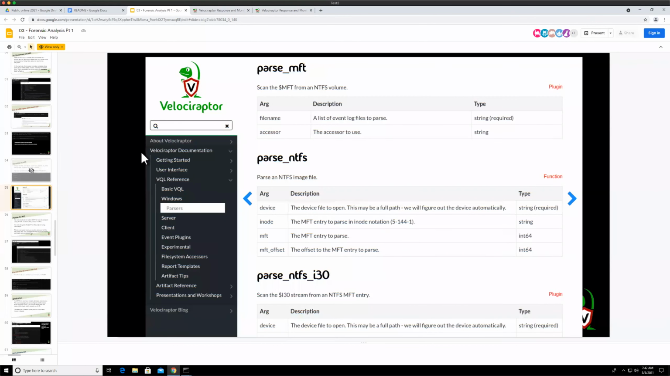Next, we have three different levels of parsing of NTFS. The first level is just looking at the MFT, the master file table. It uses the parse MFT plugin to scan the $MFT file. A lot of the time, what people do with forensic analysis is they copy the MFT from the